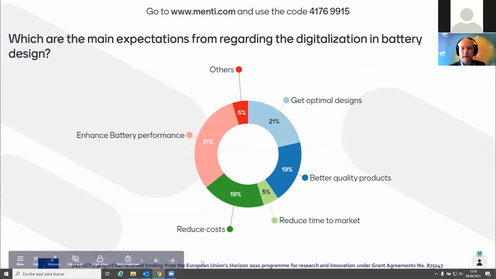So again, we seem to be stationary. Battery performance enhancement is the biggest issue, which is probably still relevant if you think of automotive applications. And this is certainly one big bottleneck to be overcome in the near future, actually. Good, so battery performance is the biggest point.